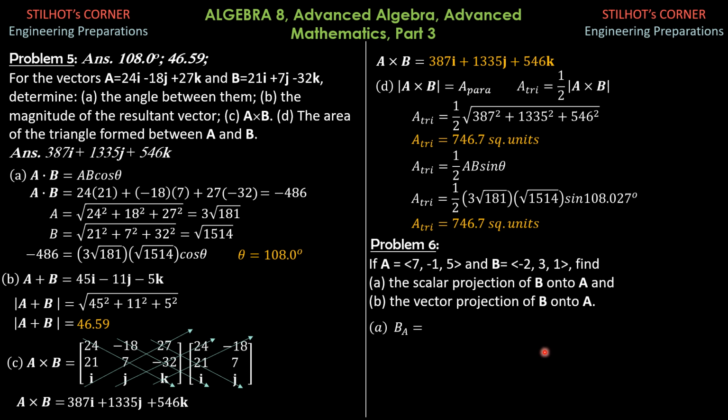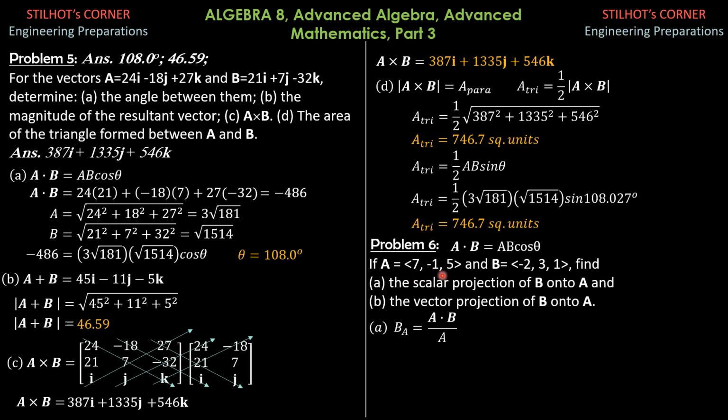So B sub A is vector A dot vector B divided by the magnitude of A, because that is B cosine theta. So A dot B is simply 7 times negative 2, so negative 14, plus negative 1 times 3, so negative 17, plus 5 times 1. So negative 17 plus 5 is negative 12. So this is negative 12, while the magnitude of A is the square root of 7 squared plus 1 squared plus